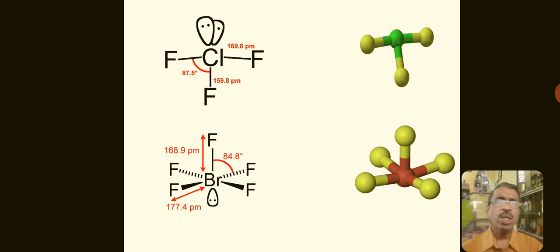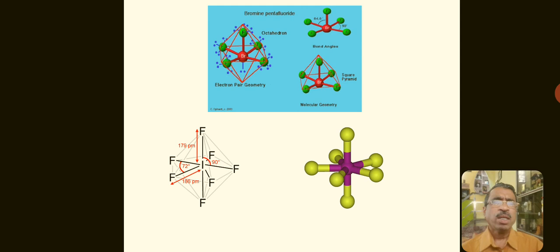Here I have shown the structures of ClF3, BrF5 and IF7 in the next slide. In this, you can understand much better, and the bond angles and bond distances are also given with the diagrams. So among the three, the compounds ClF3 and BrF5 have distorted geometry, hence they have a dipole moment, and they have bond angles lesser than the expected perfect geometry bond angle.